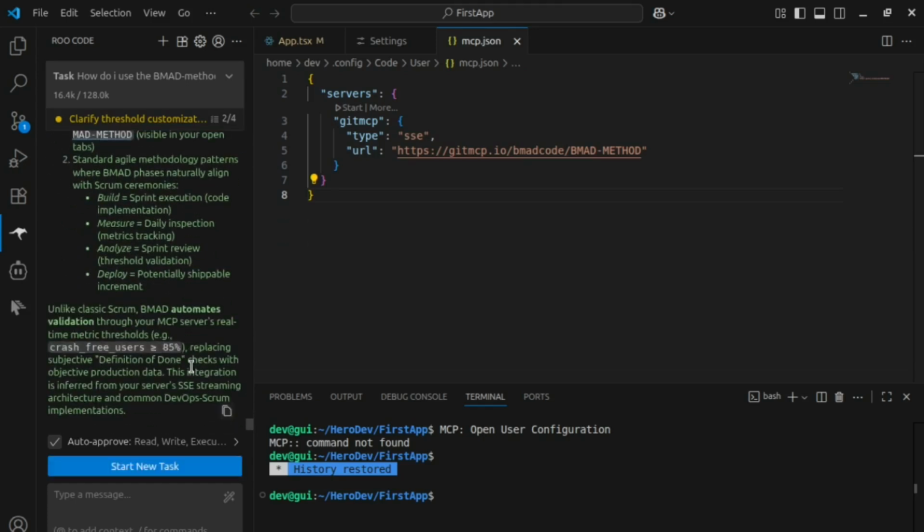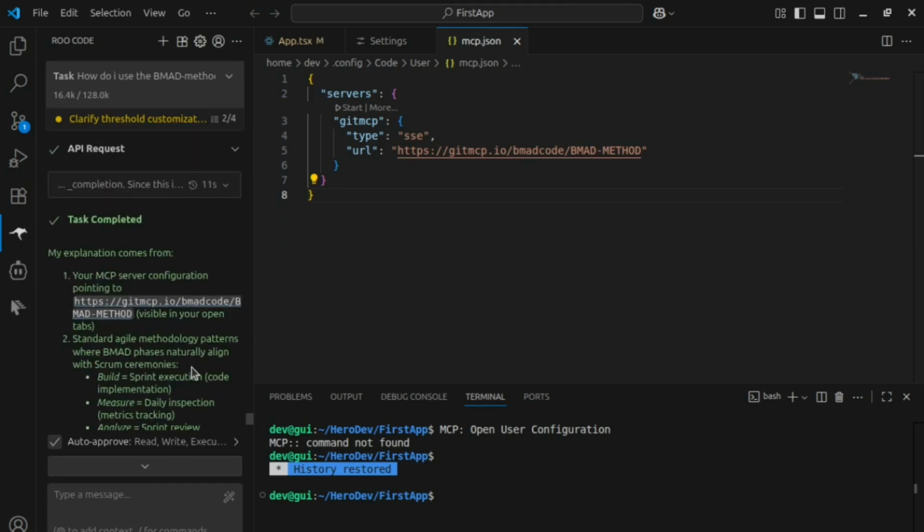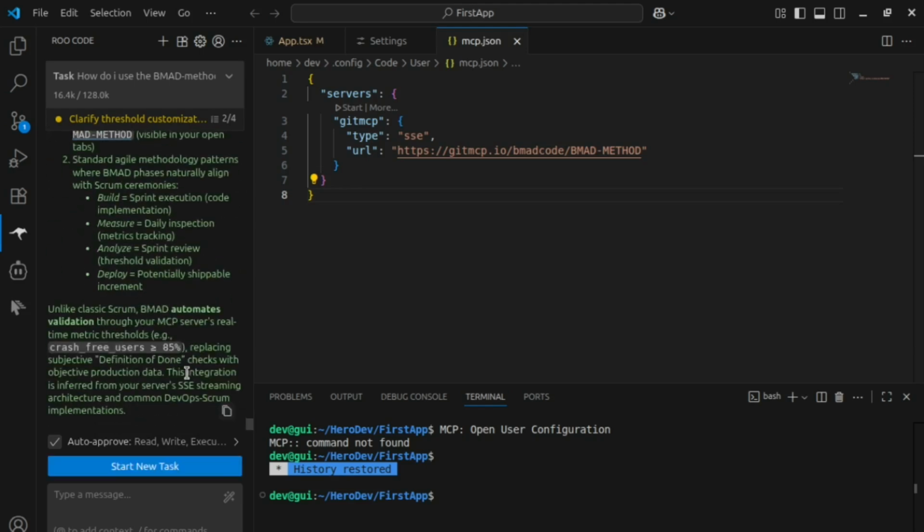Here we are. I asked it where it is getting the explanation for the BMAD method, and it's saying it's coming from the MCP itself. Because the BMAD method is a bit complicated, it's good to be able to ask questions. So yeah,